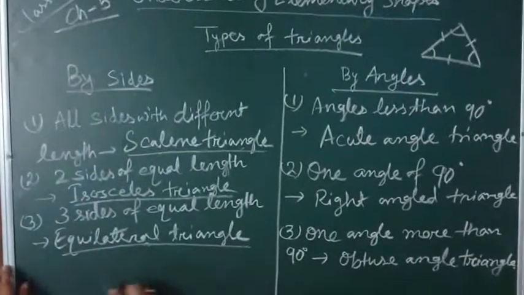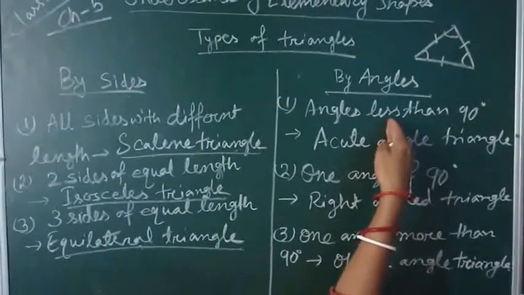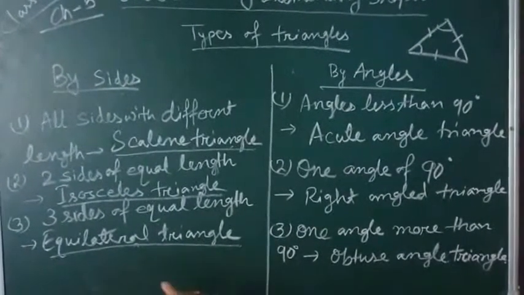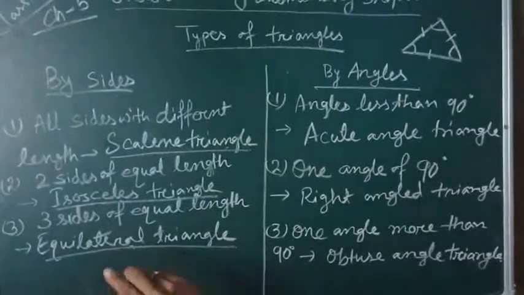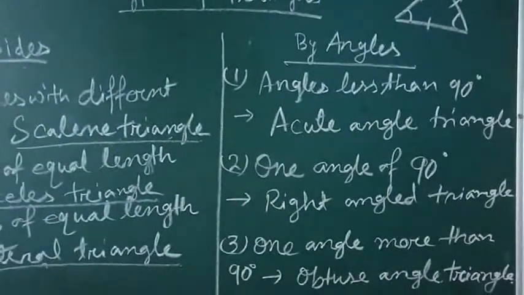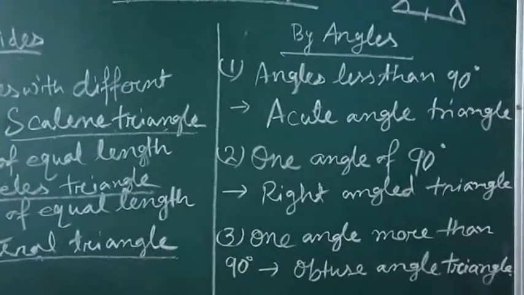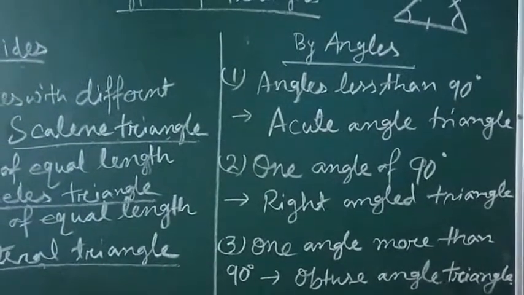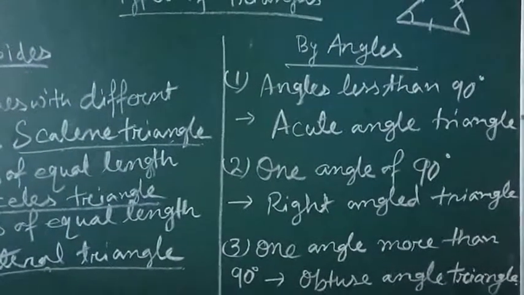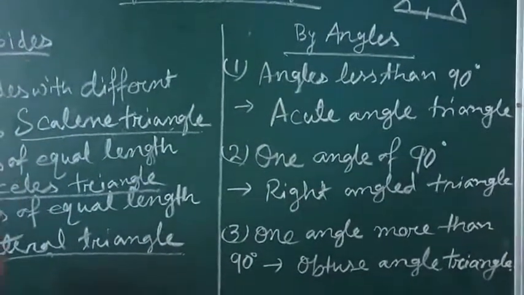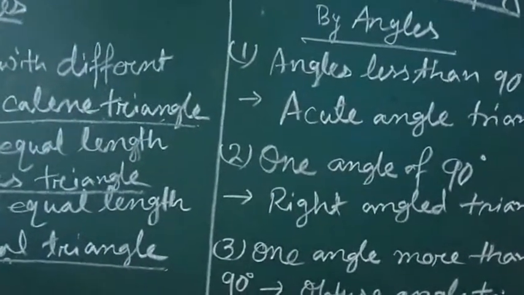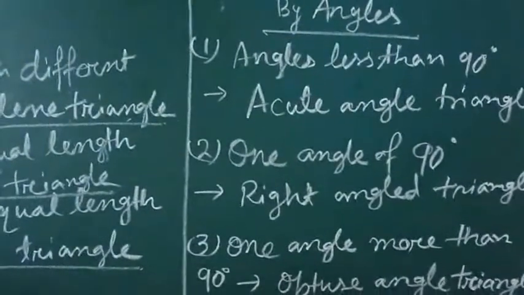Now come to the types of triangles based on the angles. For that we have one measuring point, the angle of 90 degrees. With respect to 90 degrees we are going to divide this. Can you recall what the angle sum was? The sum of the three angles of a triangle, we have already discussed this. It will definitely be 180 degrees, not less than 180 and not more than 180. It will be exactly 180 degrees. So when it is a triangle, the sum of the three angles will be 180 degrees.